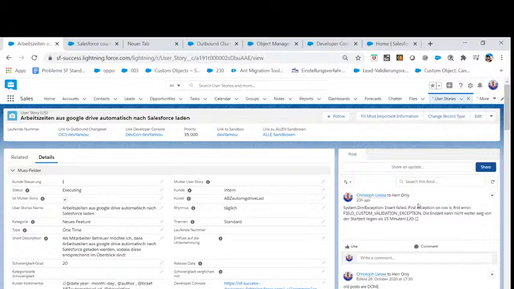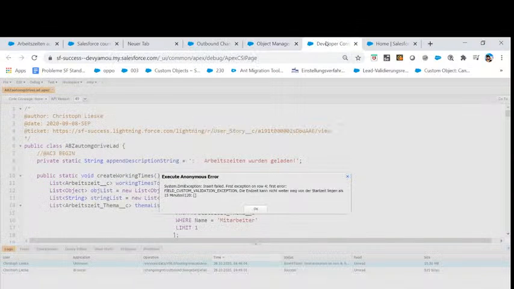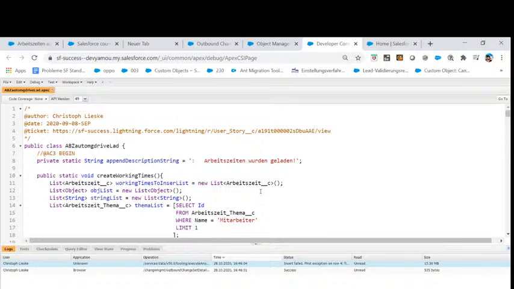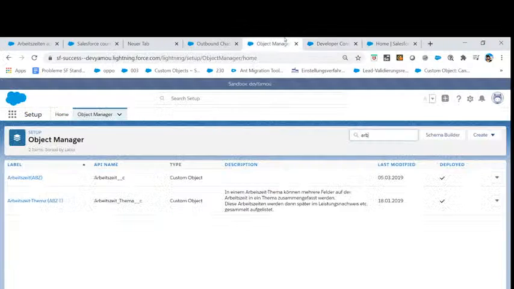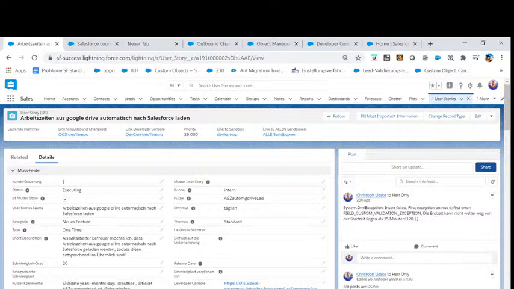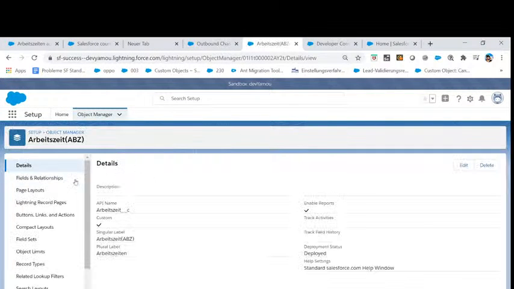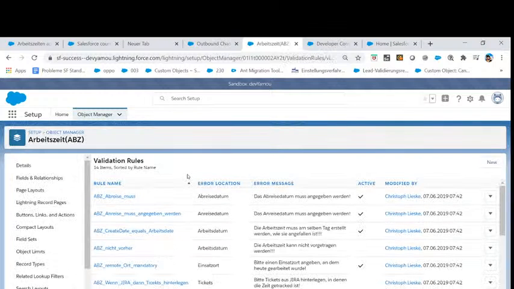But if you're not sure what kind of object it is going to be, you can make a list of all the objects you are creating in here. So we have accounts, quotes, opportunities, contacts, and also some Arbeitszeiten, working times. You can go through all the stuff in here, open up the object manager and then go through your list. You need to type in this message, you just copy this one, and as soon as you find the stuff you want to find,